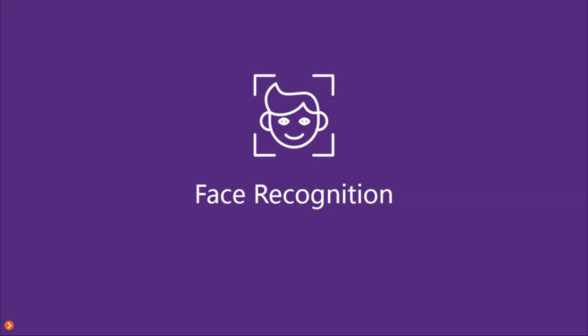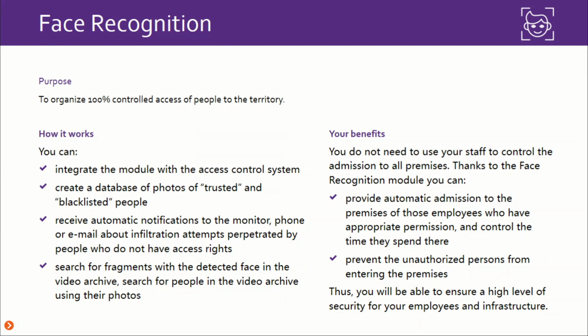As I was talking to you about face recognition, license plate recognition, and hard hat. Face recognition is the first one that can be integrated into the access control system, and with this you can manage a database, and the database can have different groups of trusted and blacklisted people. The system will be taking action on the access system on the basis of results coming from face recognition. If you have configured the system to notify you when any person who belongs to the blacklist appears in the camera view, it will do it.